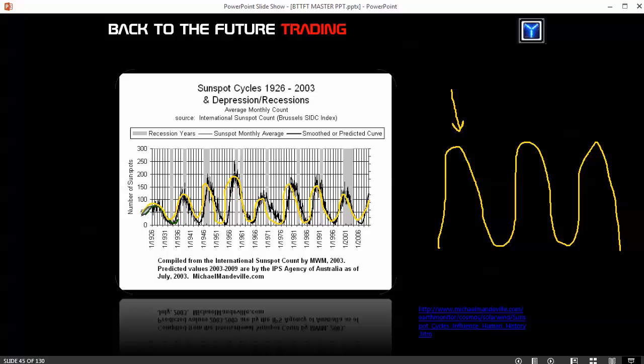Okay, so what we take away from this chart is that when the sunspot cycle is at an all-time high, the market achieves a bubble and crashes. And sometimes the exact opposite occurs in a valley. Sometimes the cycle will flip. So in all of these years, but 1933-34, the recession or depression occurs at the peak of solar spot activity before the drop on the other side. Let me show you what that looks like close up.